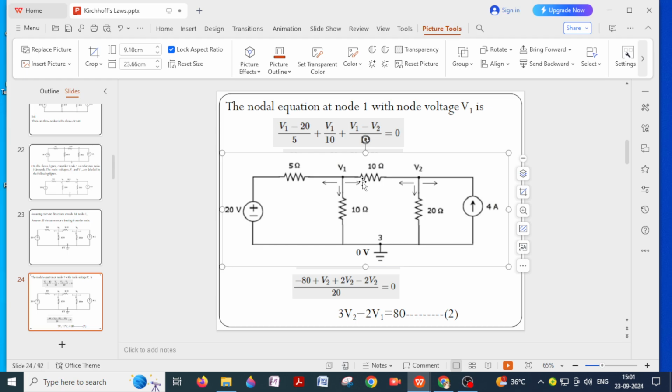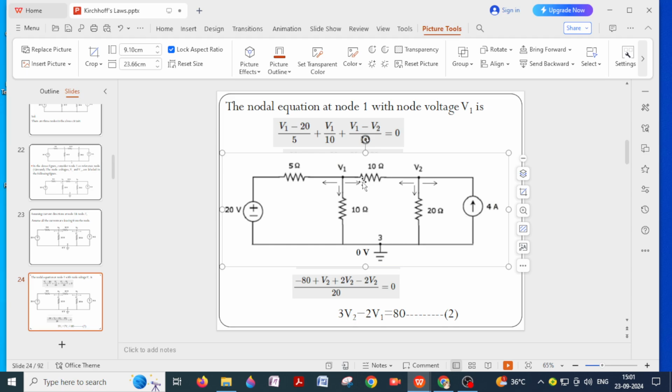Now simplify it. 2V1 minus 40 plus V1 minus V2 by 10 equal to 0. 4V1 minus 40 minus V2 equal to 0. V2 equal to 4V1 minus 40. Consider it as equation 1. Now let us apply